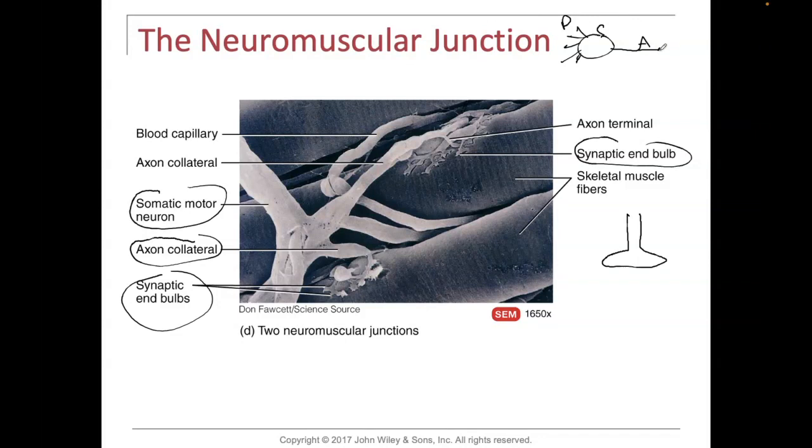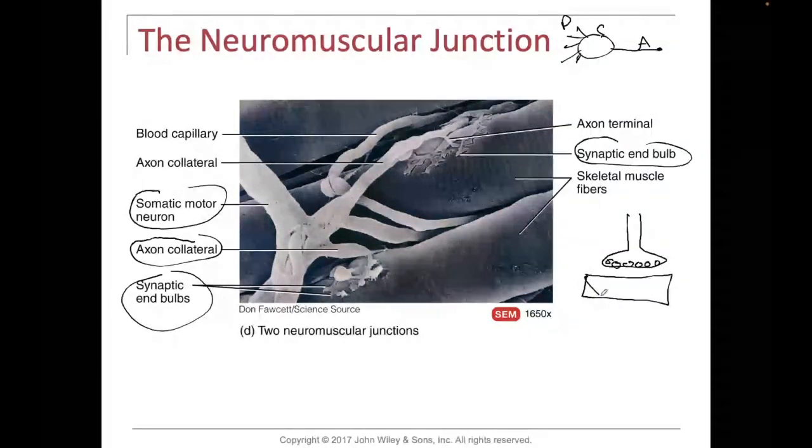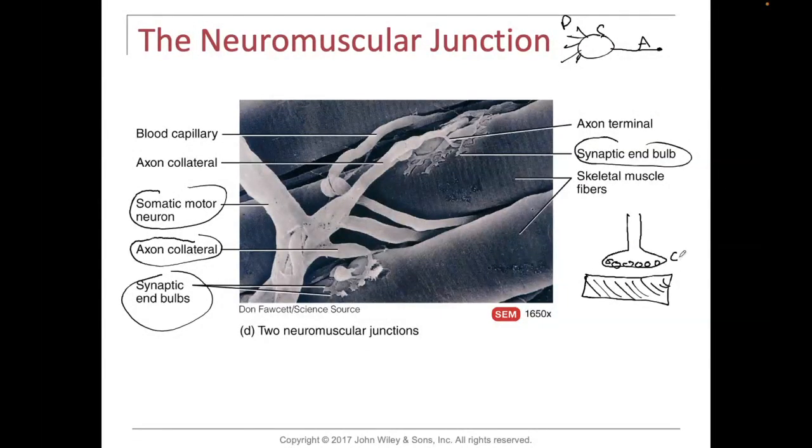And at the very end of the axon, there was a swollen tip. And that swollen tip is called a synaptic end bulb. And what we have that exists here are neurotransmitters, which are chemical messengers. And the neurotransmitter here that's very important, that's going to interact with muscle, is called acetylcholine,